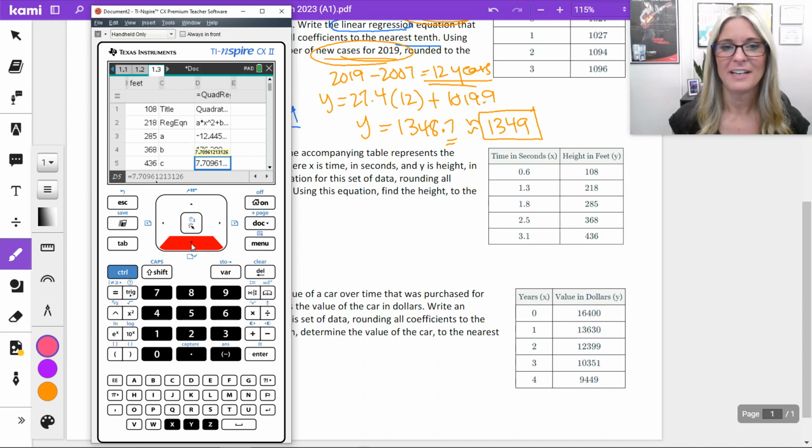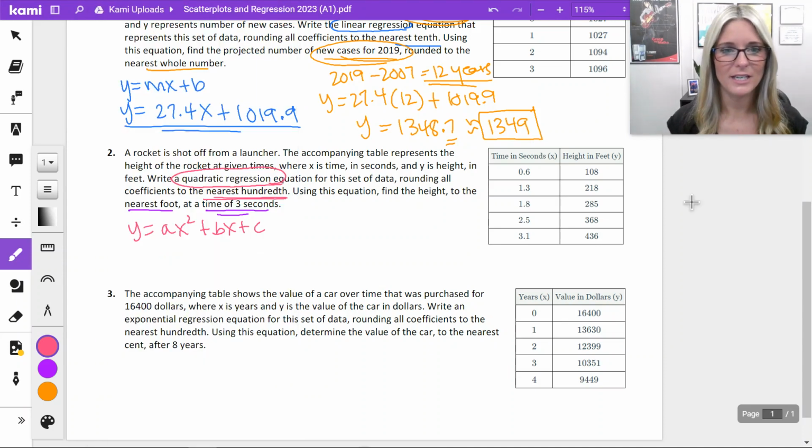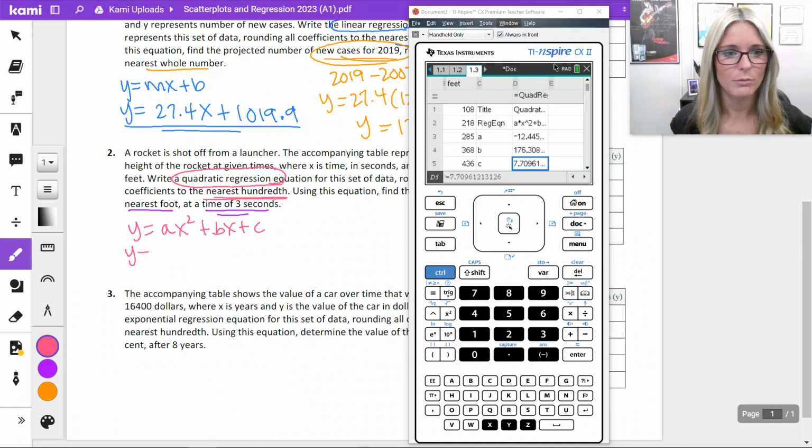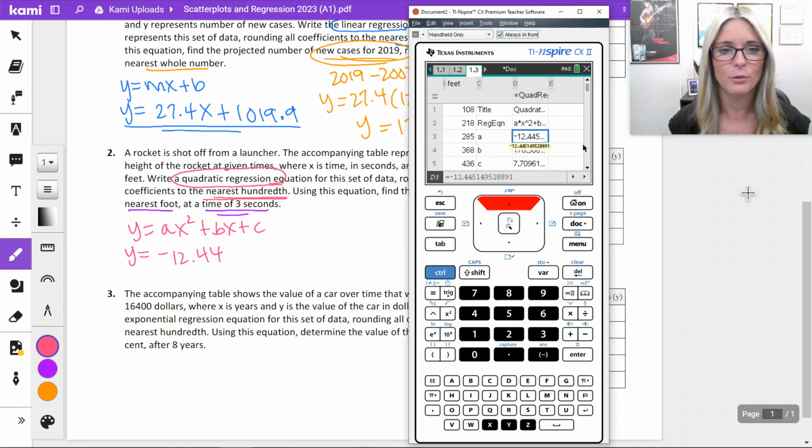7.7096 and on. Okay, in our equation, we are rounding to the nearest hundredth, which is 2 decimal places. I will have to look at the third to tell me how to round. Okay, so we have y equals, that A was negative 12.445, but we're rounding to hundredths. So the 5 is telling me round up that hundredths place to a 5. Negative 12.45x squared, don't forget those essential pieces, plus our B